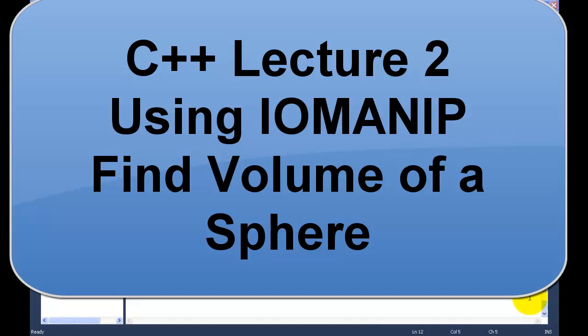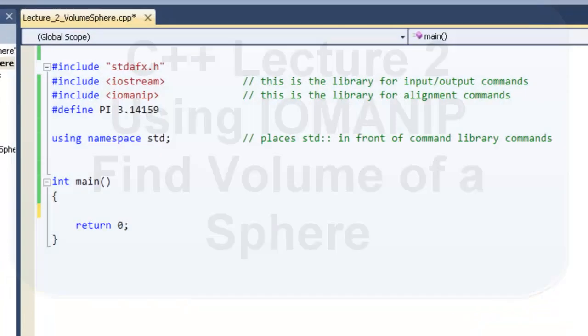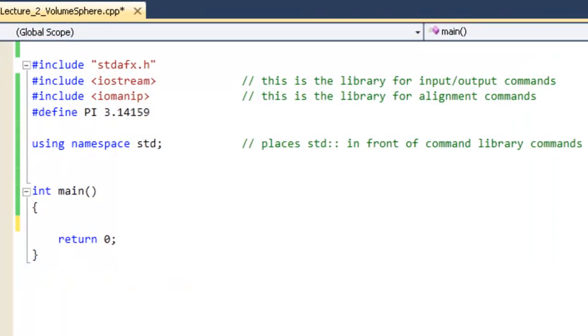Alright, so this video is on C++. This is lecture 2. In this video we're going to show you how to use iomanip, and we're going to use solving for the volume of a sphere in order to show you how to use it. So first thing I'm going to do is I need to include